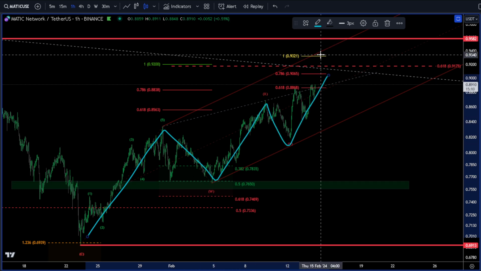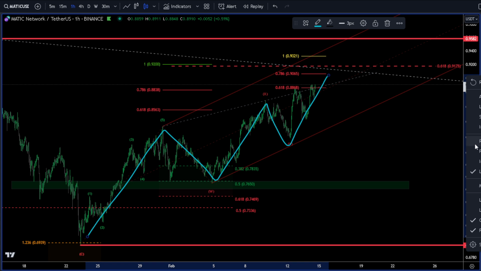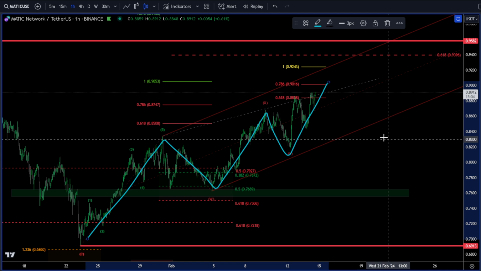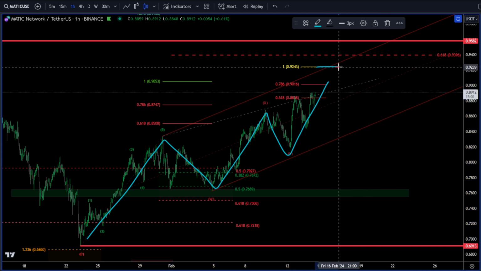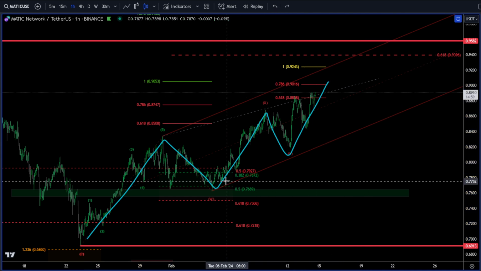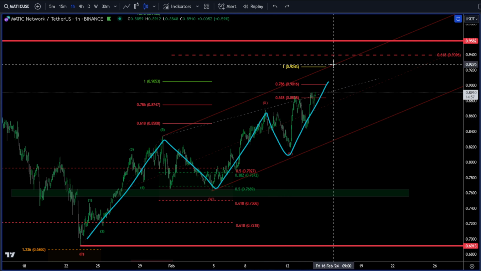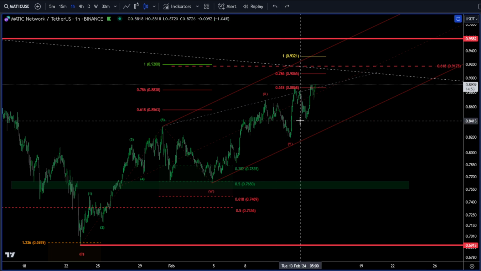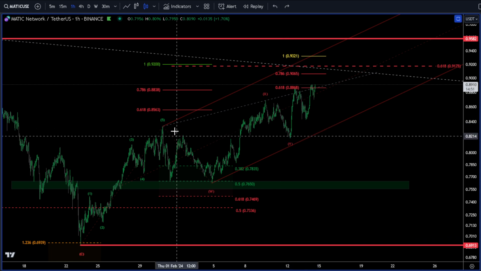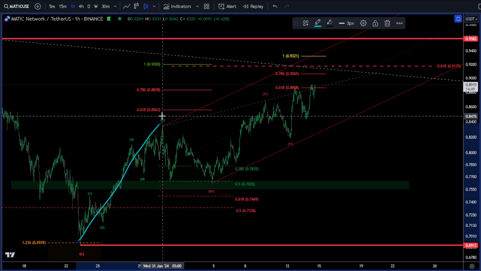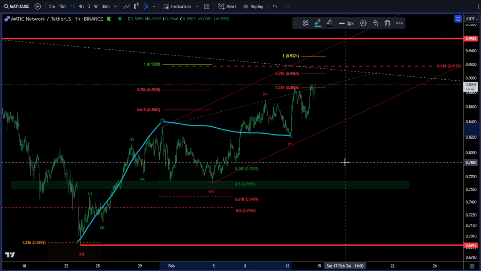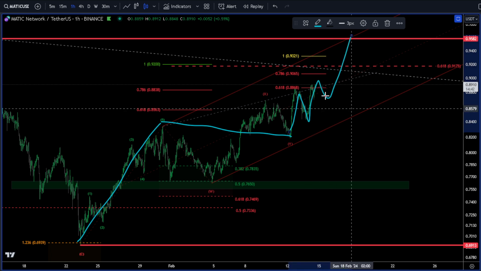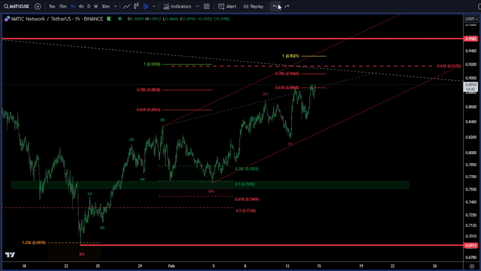Because as soon as we pass 93.21, let's see which one's higher. 92.43 on linear. Target's higher. As soon as we pass 92.43, then the third wave becomes the shortest, which cannot happen in a diagonal. So that's where I would be like, okay, then this is most likely a running complex correction for our wave 2. Then we'd be going 1, 2, 1, 2, and we just take off. So that's what I'm looking at.